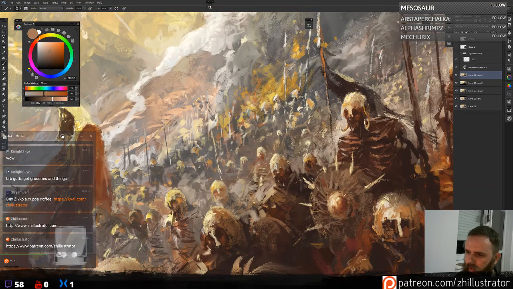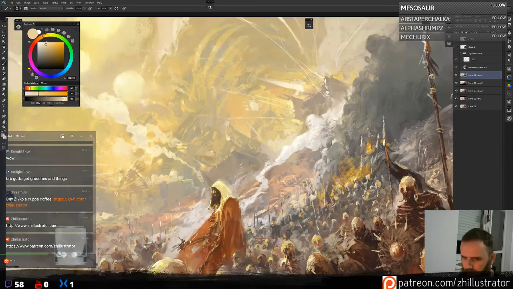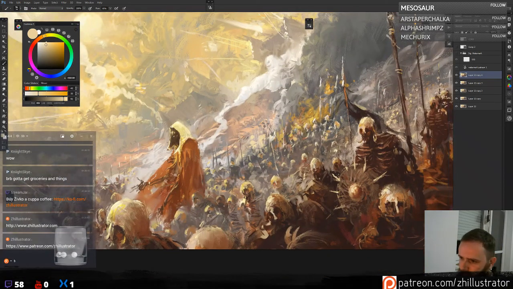Let's add, he's here and he's holding a spear. Oh no, we don't want a spear like that. It's enough. He may hold this spear here. Let's add a shadow of that spear.